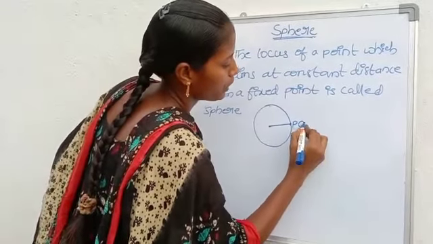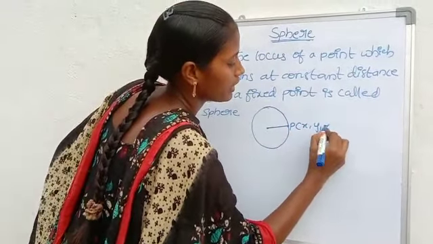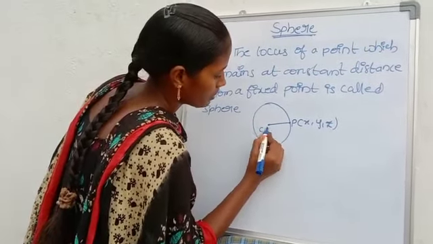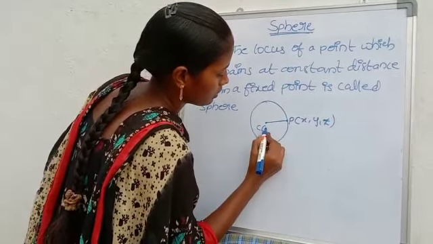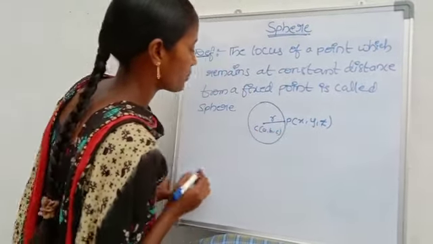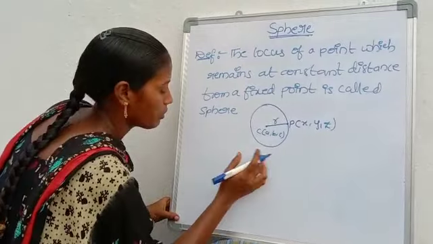This is the point P of x comma y comma z. This is the fixed point in the space. This is the radius of the sphere. From this figure,